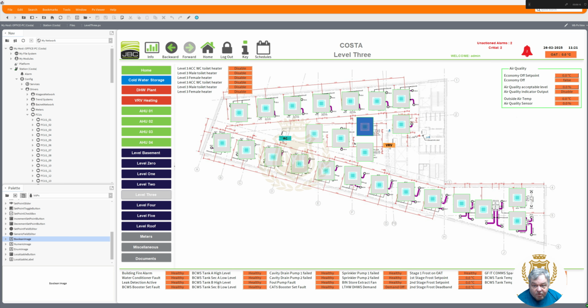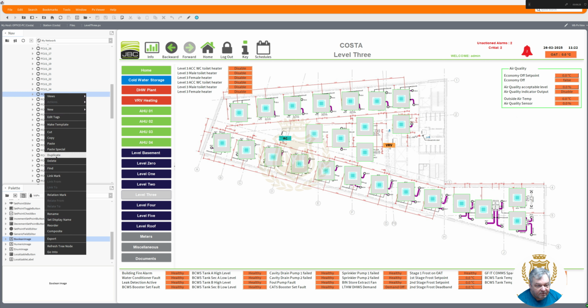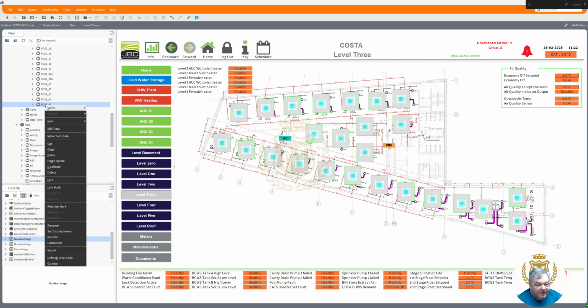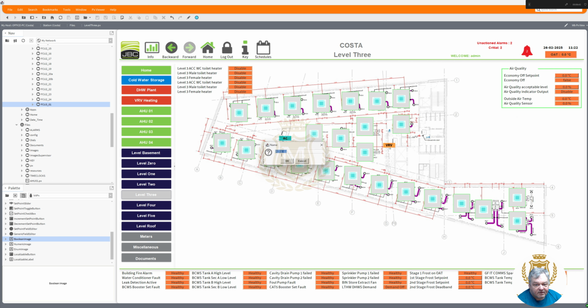Now the reason you've got nothing there is because we haven't done it this side here. We have only gone up to fan coil 2 there. So what I'm going to do is take fan coil 1, sorry, on level 2, duplicate it, call it 3, take out the 0 at the end there,